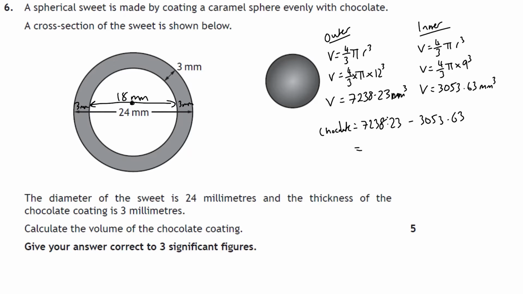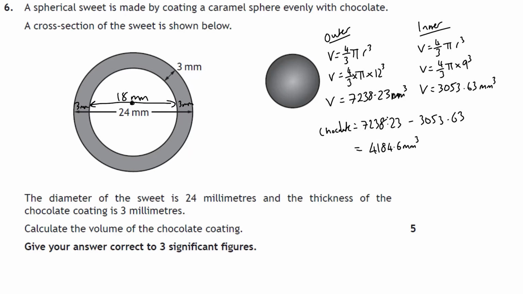So let's try that again. 7238.23 minus 3053.63. That gives you 4184.6